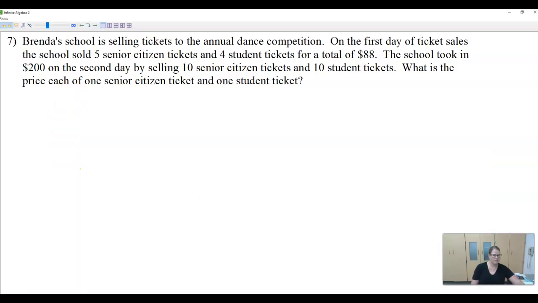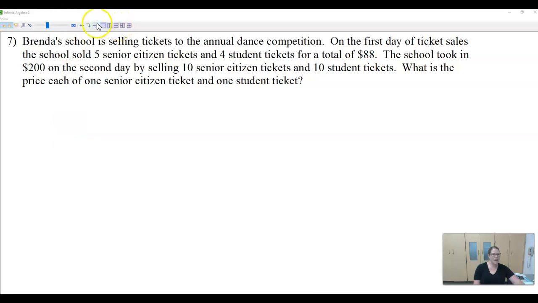So x equals 8. Well, that is working great. So a senior citizen ticket costs $8 and a student ticket costs $12. Okay. All right, so now we're going to quickly look at